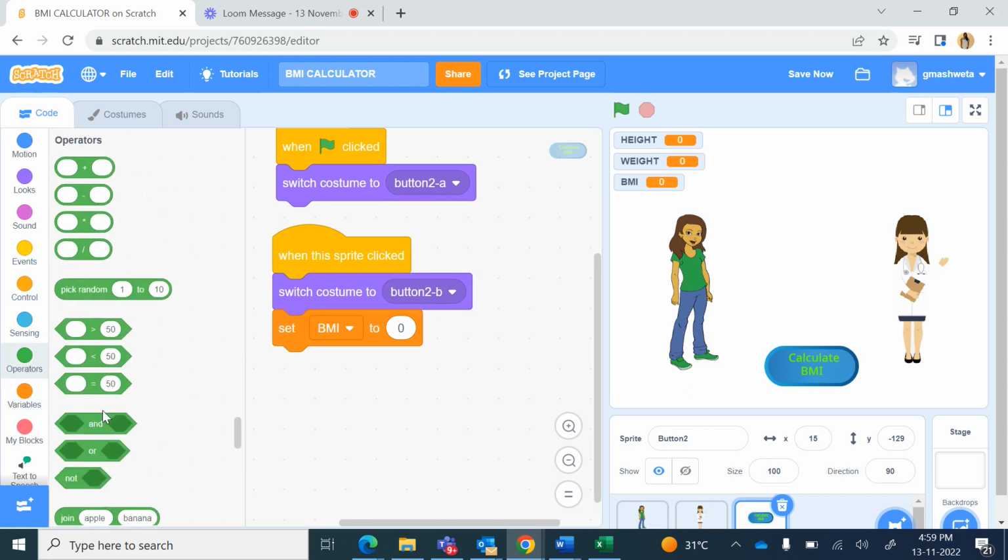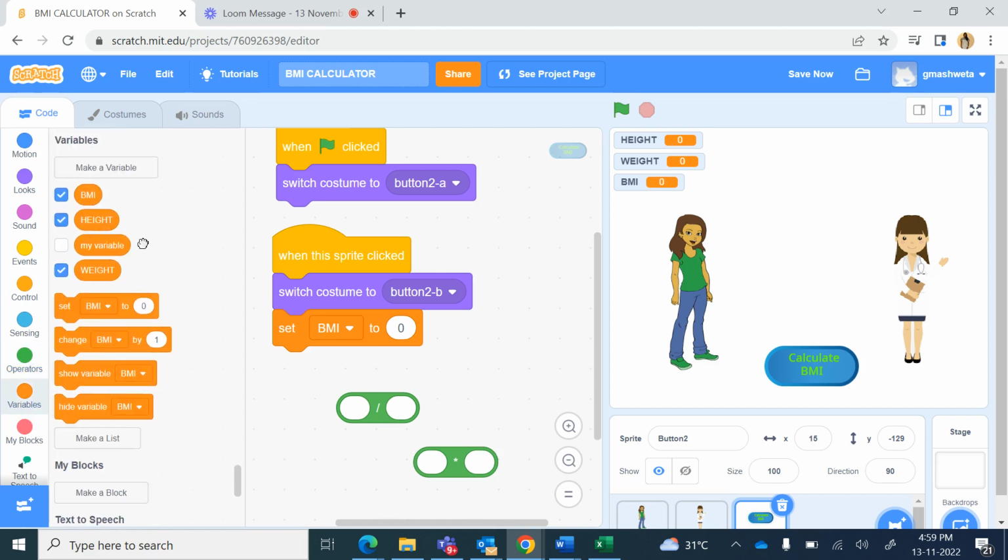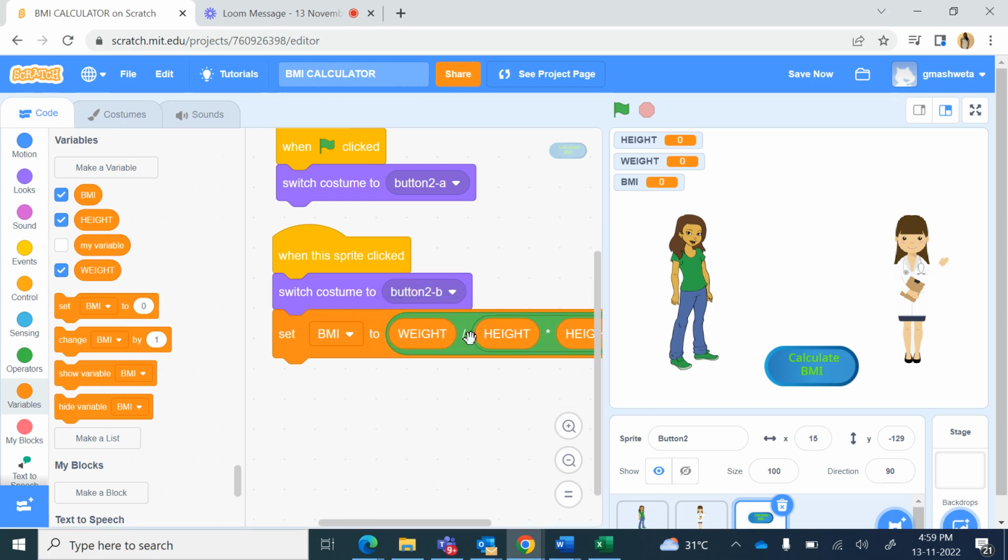We have to use the operators, division operator and a multiplication operator. So first we have to multiply height into height. So it will be height and again height, and place this whole thing here, and here it will be weight. So weight divided by height into height, place it in this part. Then